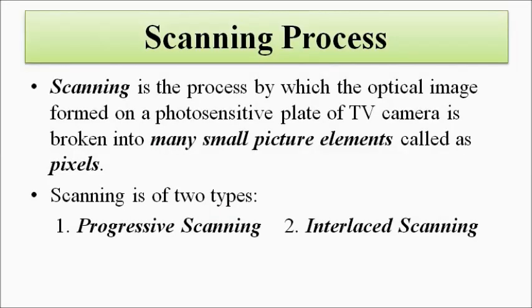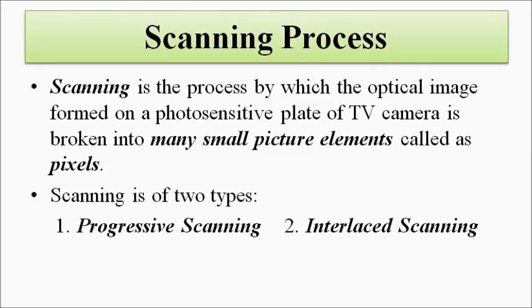So scanning essentially is the procedure by which the image which is captured by the camera, the optical image, the frame, is divided into many small, rectangular picture elements, and these small picture elements are called pixels. We have already discussed in the TV transmission and reception video that whatever image is formed,